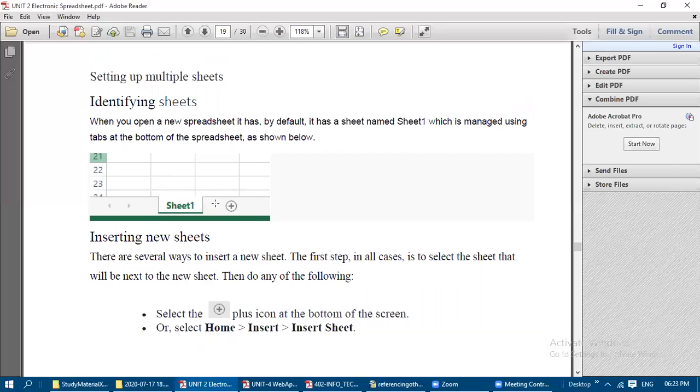That is, after sheet 3, if you want to insert the new sheet, it means sheet 3 you need to select, and then you need to right click, insert sheet also you can give, or else select the plus icon at the bottom of the screen. Okay, the plus icon will be there at the bottom of the screen in the latest version of Microsoft Excel, or select home, insert sheet. Okay, so I'll show one example here.